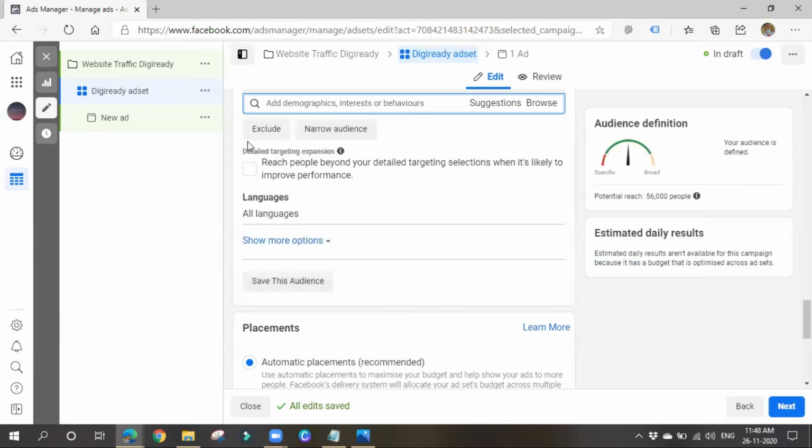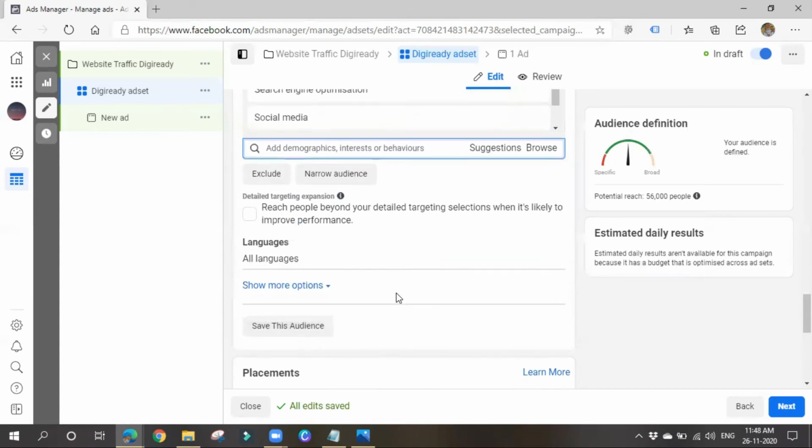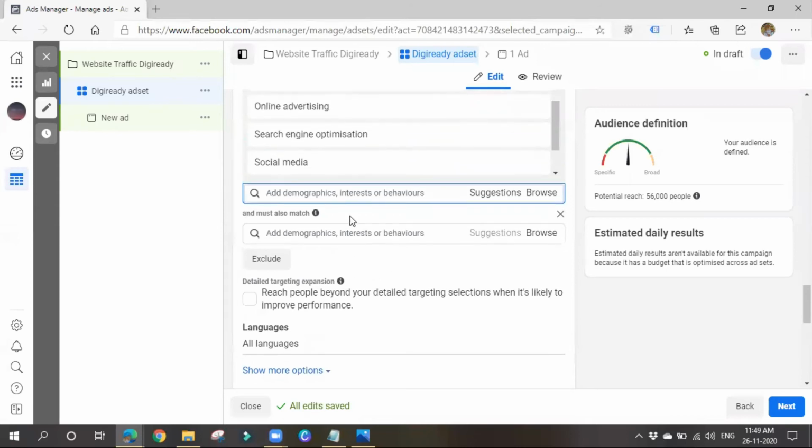Before, Facebook didn't have this many options, guys. In the case of targeting, nowadays it provides a huge number of targeting options. You can also narrow your audience, like he must be an MBA graduate and his income must be below 10,000. You can target based on these two factors also, and both must match. If these two factors match, then only he will be shown our ad. Like that you can narrow your audience more and more.